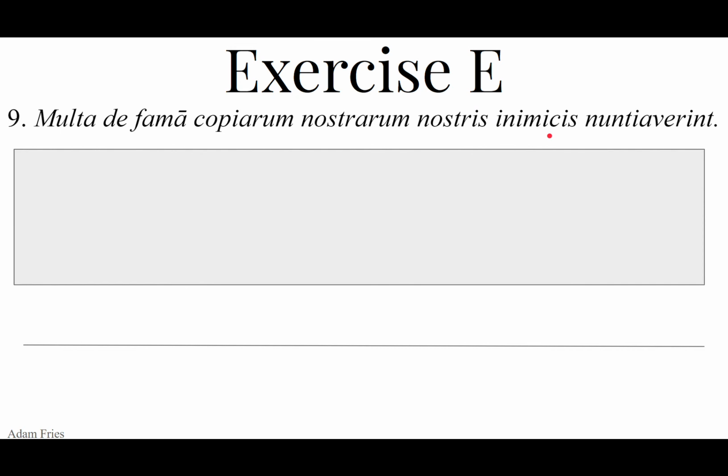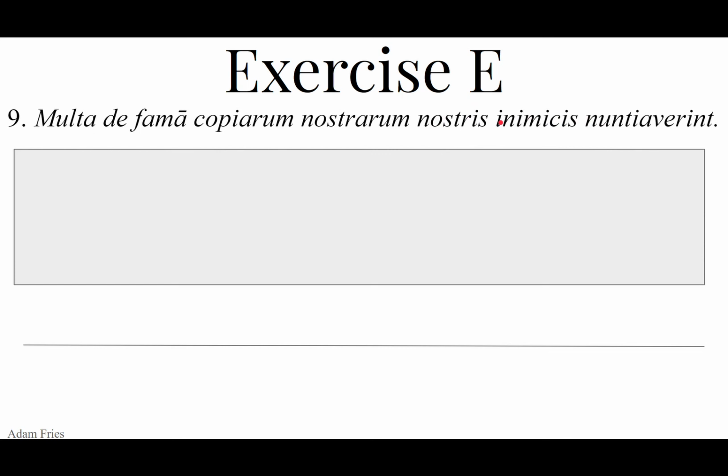Nostris. Inimicis. Okay, well this one will do. It's an adjective. Inimicus, unfriendly, hostile. But it can stand in for a noun. It can be a substantive, which is a fancy word for noun. So from hostile, unfriendly, we can pull out hostiles or enemies, unfriendlies. To our unfriendlies. Now, it could be ablative, by means of our unfriendlies, but that's kind of weird, like we used our enemies to do an action. I guess I could see it, but it's a little odd. The other option is that it's dative, indirect object, to or for the noun.